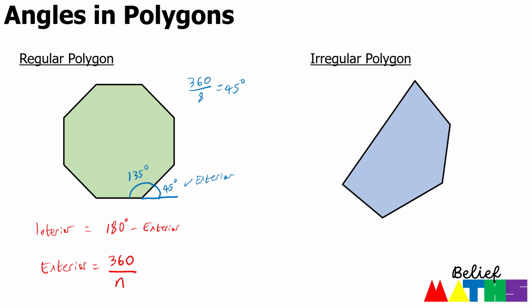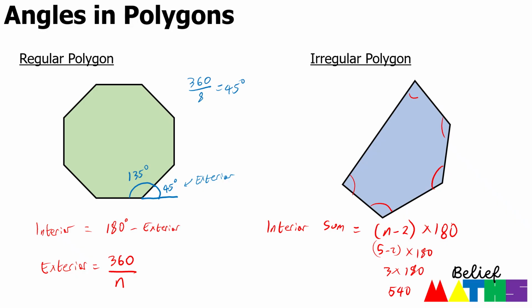Obviously in an irregular polygon they're not all the same, so these don't work. But the other thing you could have, which works for both, is the interior sum. That's all of them added up. Now that's going to be n minus 2, remember n is the number of sides, multiplied by 180. So in this case I've got 5 sides, 1, 2, 3, 4, 5, so I would do 5 minus 2 times 180, which is 3 times 180, which is 540. So therefore if I add up 1, 2, 3, 4, 5, they will all add up to give me 540